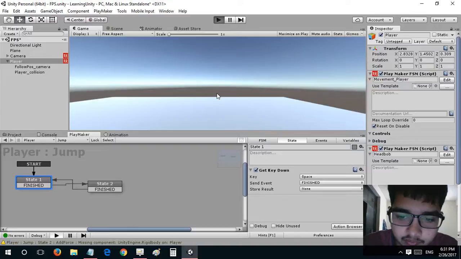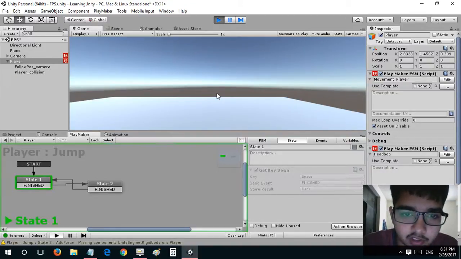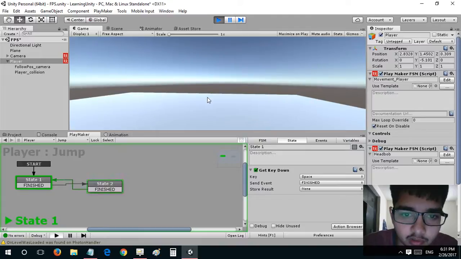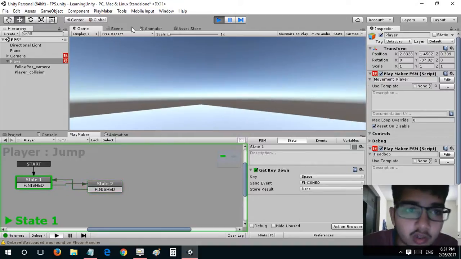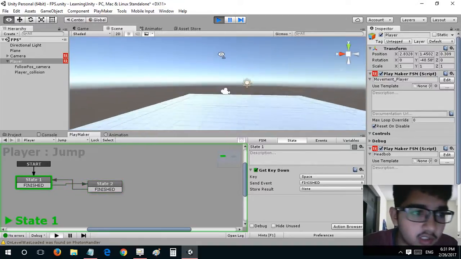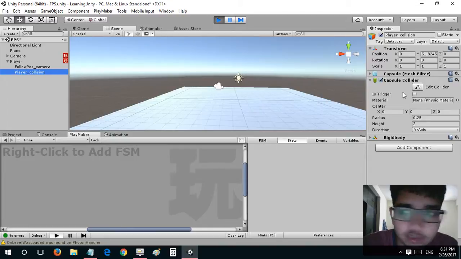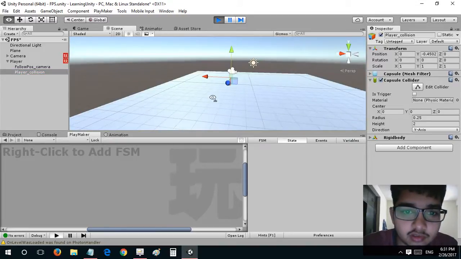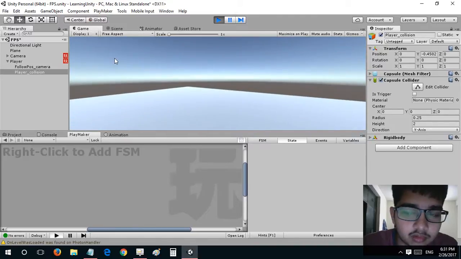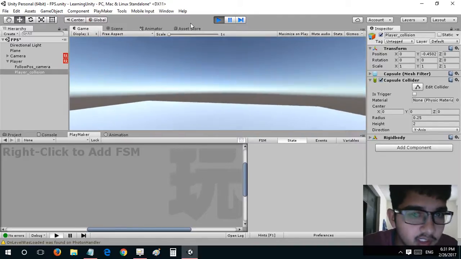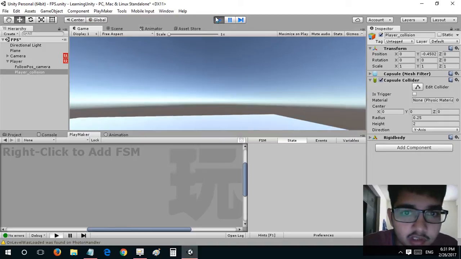So now if I hit space, okay, maybe the collision is, you can see that, okay, the collision is not with the player, so